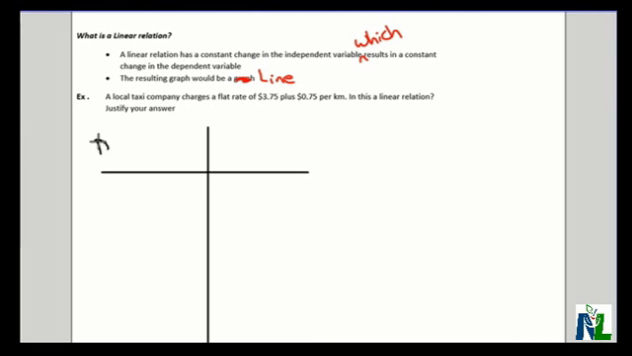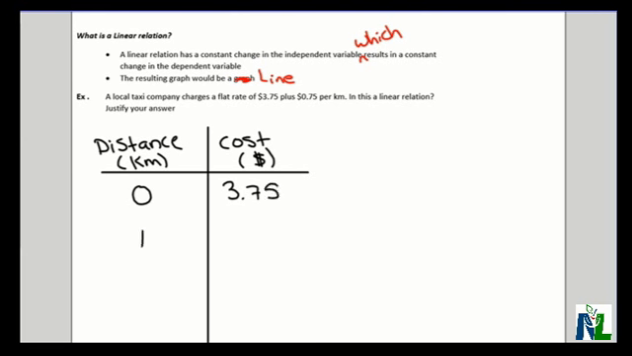My independent variable is distance, and that's traveled in kilometers. My dependent variable is cost in dollars, and cost would be dependent because our cost depends on the amount of distance that we travel. So when we initially get into the cab and the meter's turned on, the cost starts at